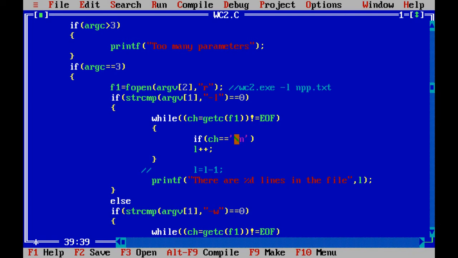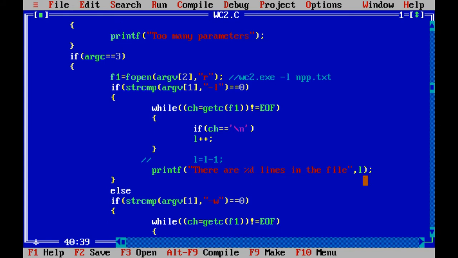If the character is equal to \n, which we use in C programming when we want to print to the next line, this is where the code understands that the line has ended and our l will get incremented. We will finally print the number of lines on the screen.